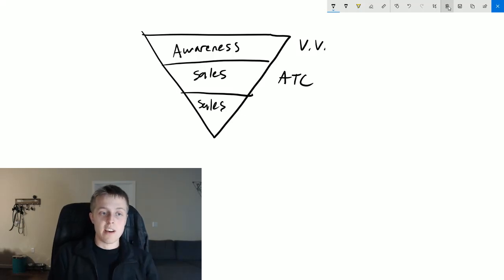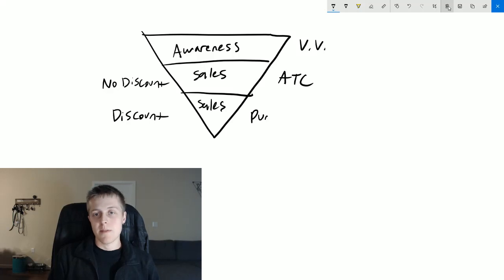So you don't have a discount on here, no discount. So they come in, they're like, okay, I like this product, they added to cart, for whatever reason they don't buy it, they forget about it, but then you hit them with another sales ad with the discount, and the goal here is for purchases, right? So how do we have this targeted? This is almost exactly the same. We retarget